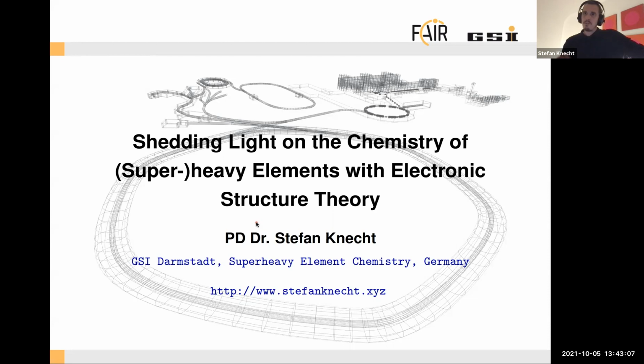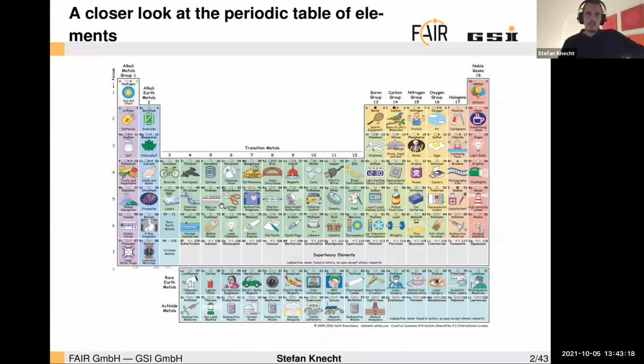But I would rather like to focus on, say, the chemical applications of DMRG and what various types of it. And to begin with, as a chemist, I'm usually interested in predicting and looking at the chemistry of molecules that essentially can have any element of the periodic table. And as you can see in this pictorial